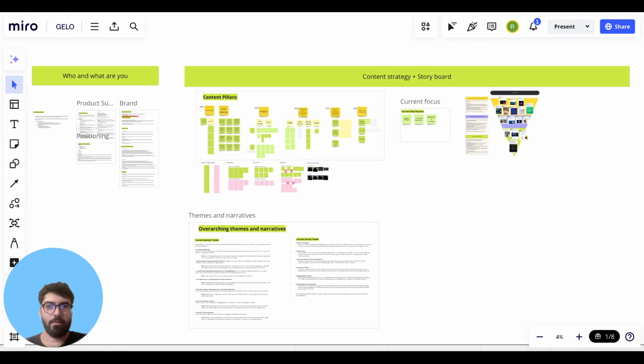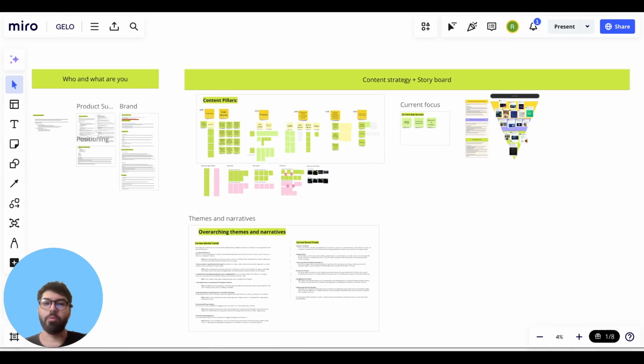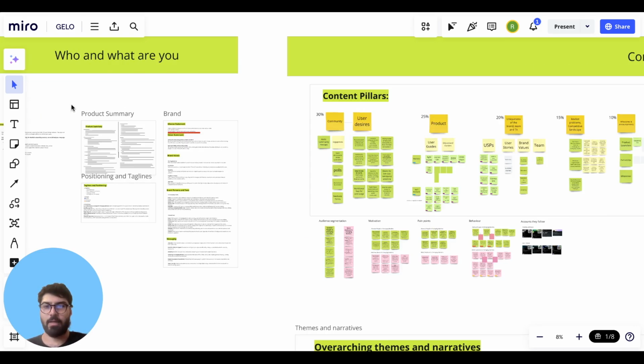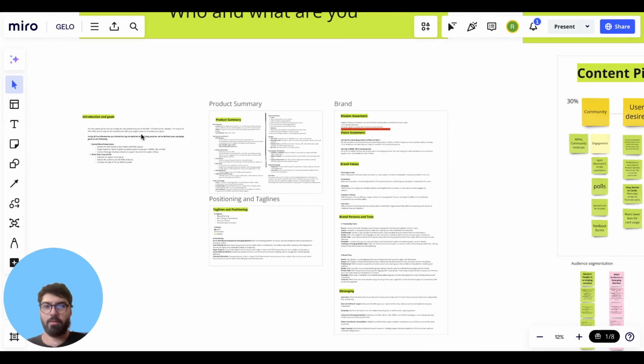This is a content strategy map, which we do for pretty much all of our clients. This is one that we've done for a neobanking client in the crypto space, omitting some intimate details throughout for obvious reasons. But we can go through this, and I can show you how we lay this thing out. So it all starts with the fundamental items.